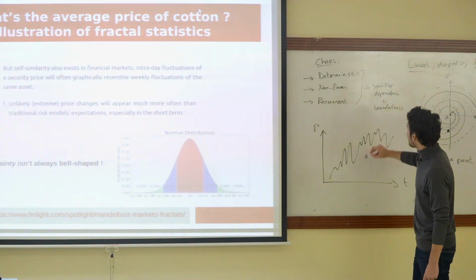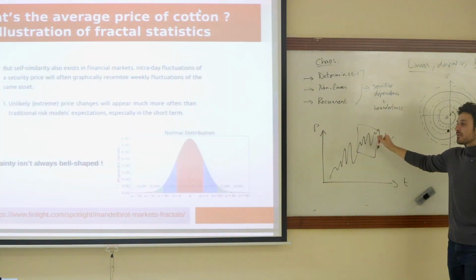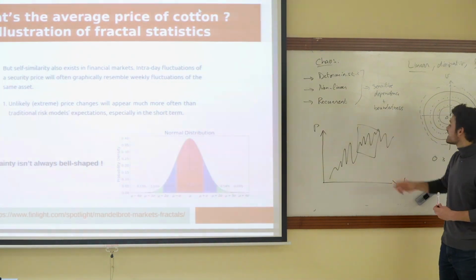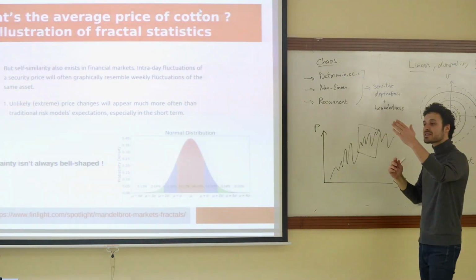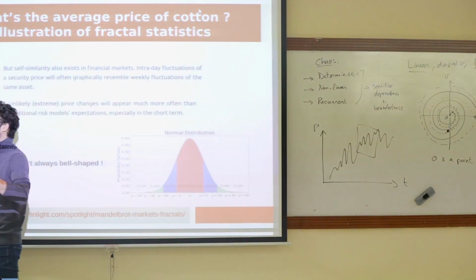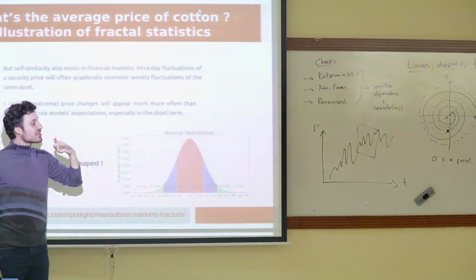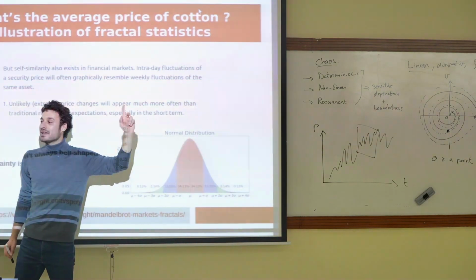And the idea is that what Mandelbrot figured out was that if you zoomed in on any part of the history, you ended up having similar fluctuations, right? Meaning that if you rescale the problem, the fluctuations on a weekly basis start to look like the fluctuations on a daily basis or on a yearly basis, just on a different scale. So this property of scaling, of self-similarity, is actually something that he observed in cotton prices. The problem is that if you have scaling, if you have self-similarity, it means that your system actually doesn't have this normal distribution. It doesn't obey linear dynamics.